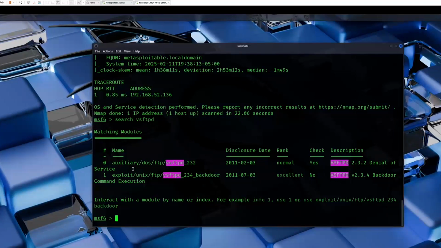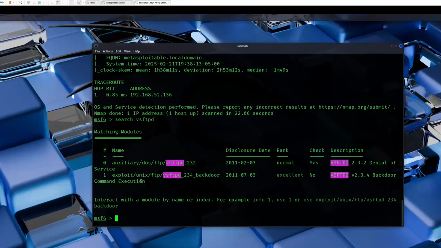And the other one is a backdoor, so it's backdoor command execution. This kind of exploit abuses a backdoor in vsftpd version 2.3.4. And basically the backdoor is triggered by logging in